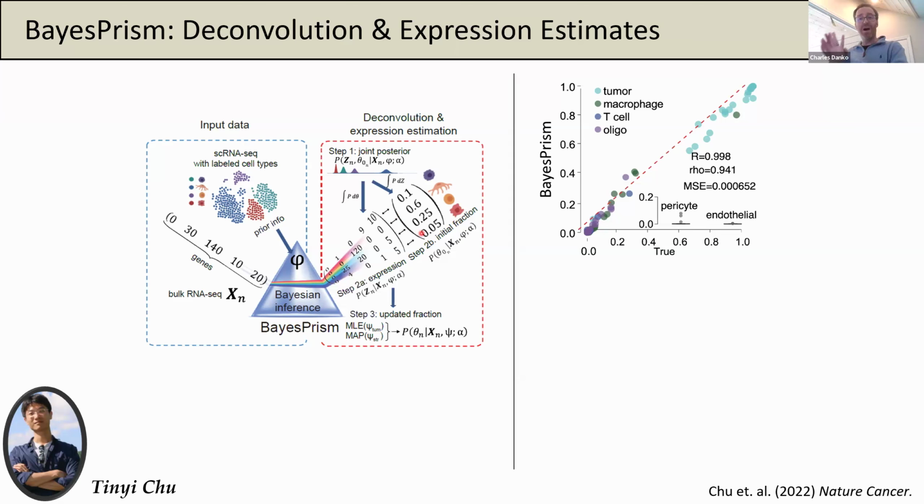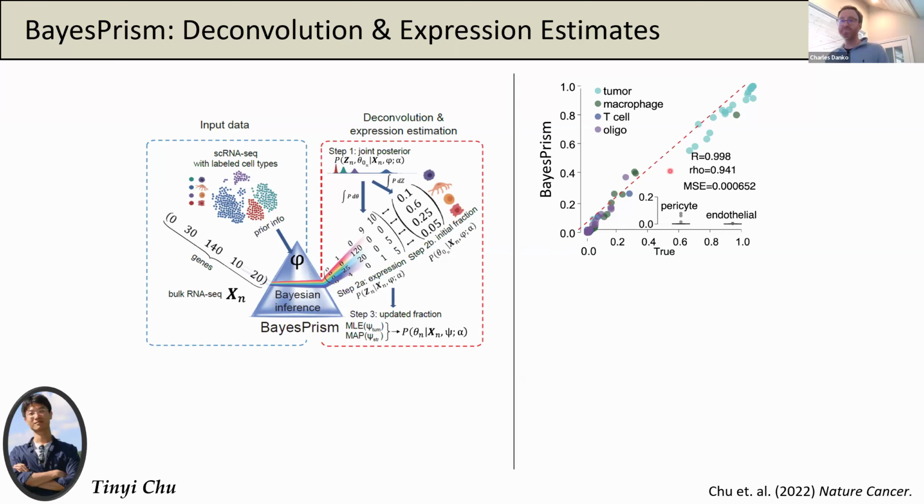version of the other single cell data set where he's sort of lost the labels of which cell each read is from. And what he showed is that with remarkably high accuracy, he can infer the cell type fractions of tumors, of myeloid cells, tumor infiltrating, probably microglia rather than macrophage, T cells, oligodendrocytes within the